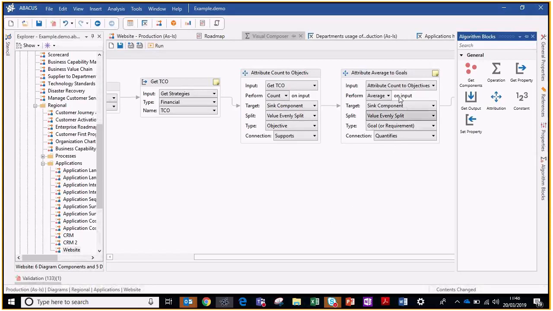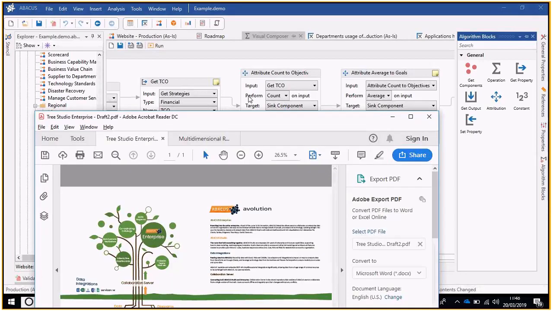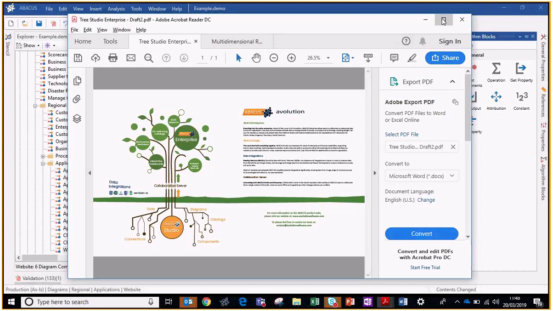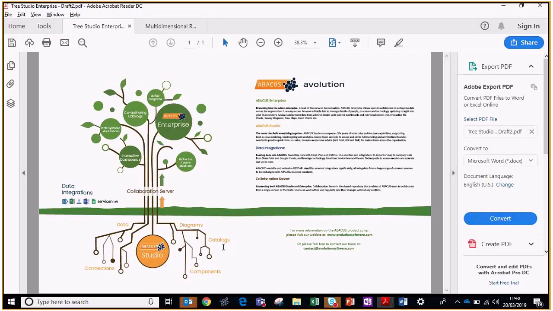So what I'm going to show you quickly is Enterprise, and just to give you a bit of an idea of what Enterprise actually is compared to Studio. So Studio is basically the heavy lifting, it's what holds everything together, it's where you put all your information, it's where you'll do your data crunching ultimately and making sure everything's connected. And using the collaboration server, it actually combines this all together so you can have more than one user tapping into this. So basically using this, as we've got here, see it as a tree in the sense of it goes out,